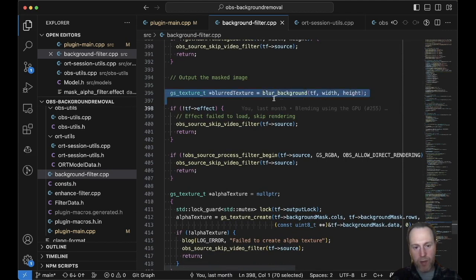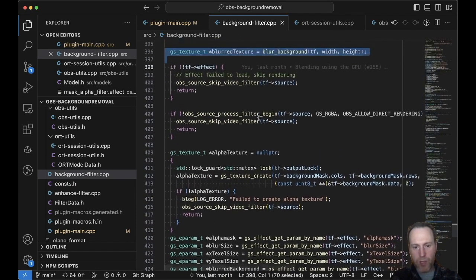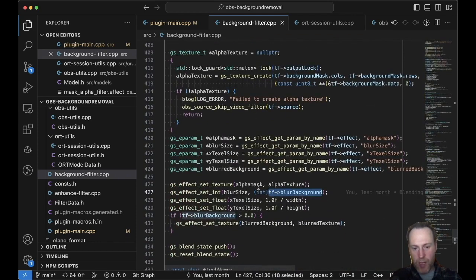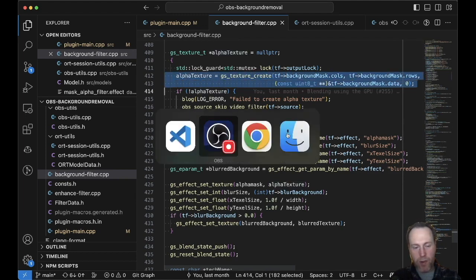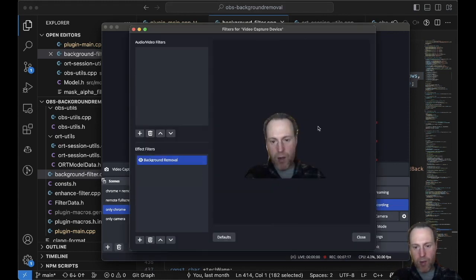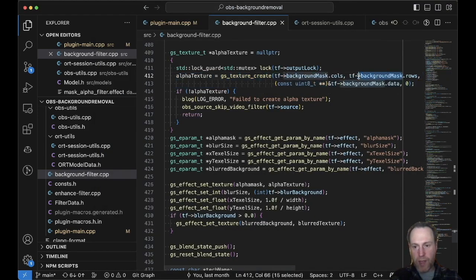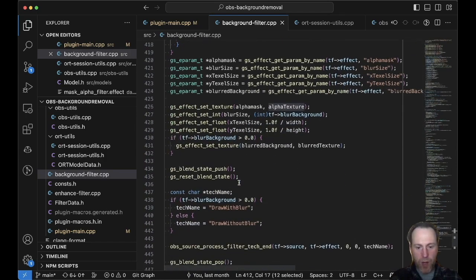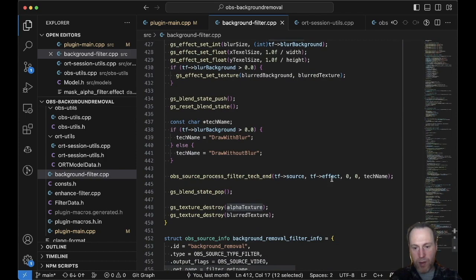Sometimes we blur the background if that's requested by the user. But basically what we are doing is taking the background image, the background mask here, and adding it to an alpha texture. That will be just the pixels that are part of the background or part of the foreground. The pixels around the portrait are the background, and the pixels of the foreground are the portrait. This is defined in this binary mask here, and we're setting that up in a texture, and then we're running our own effect here that we wrote